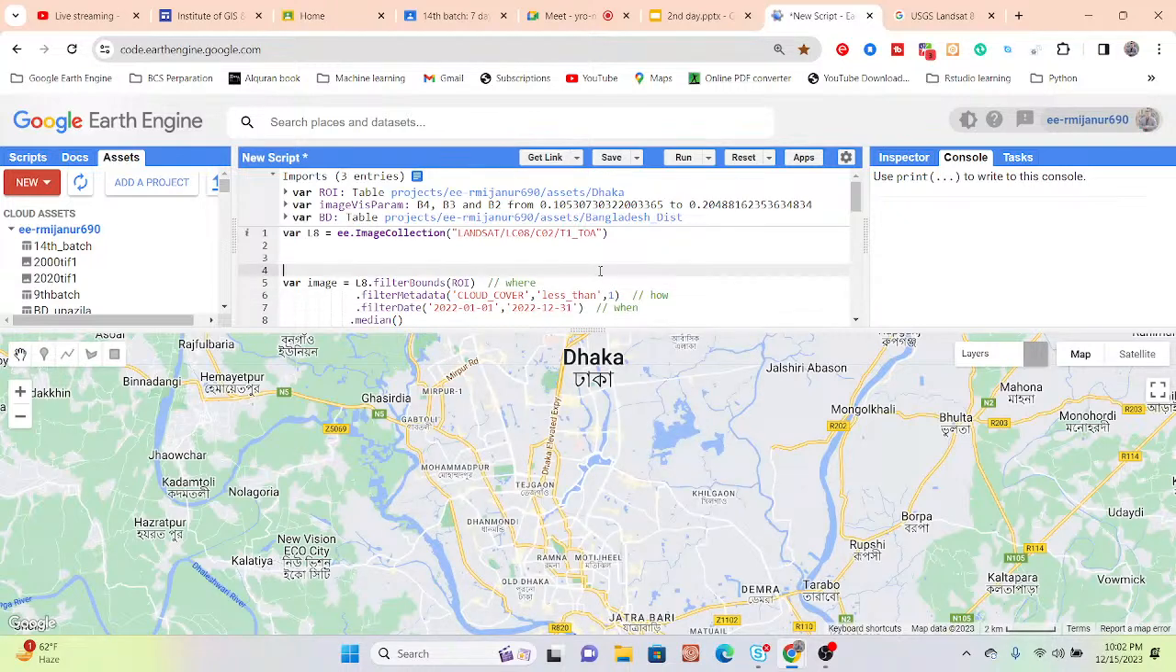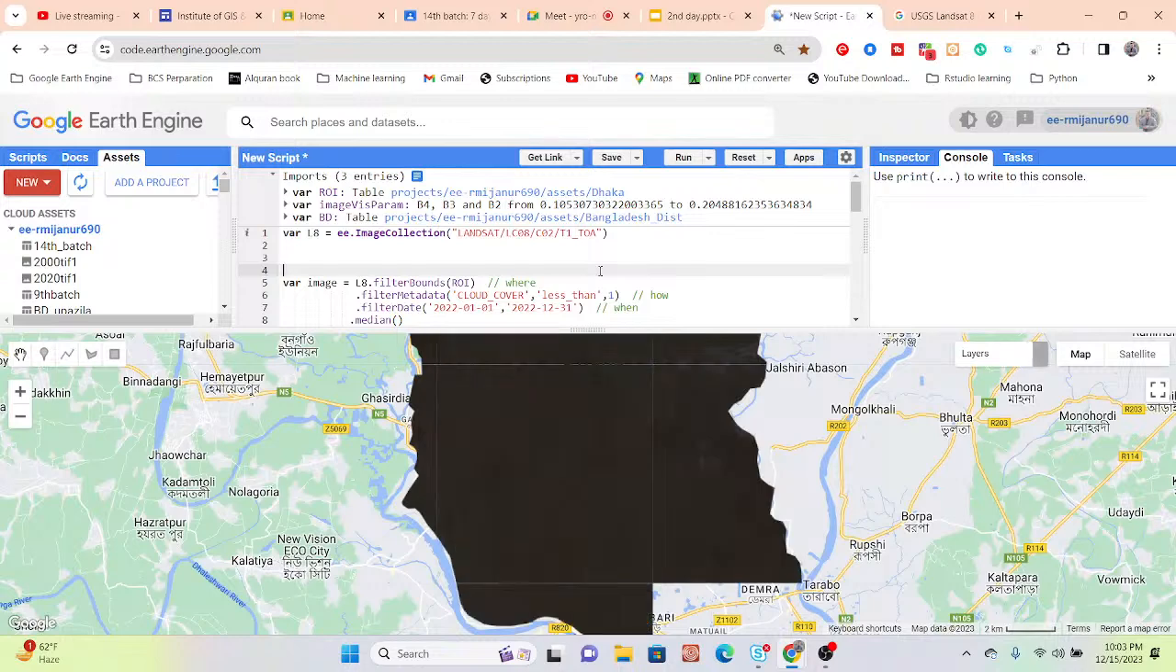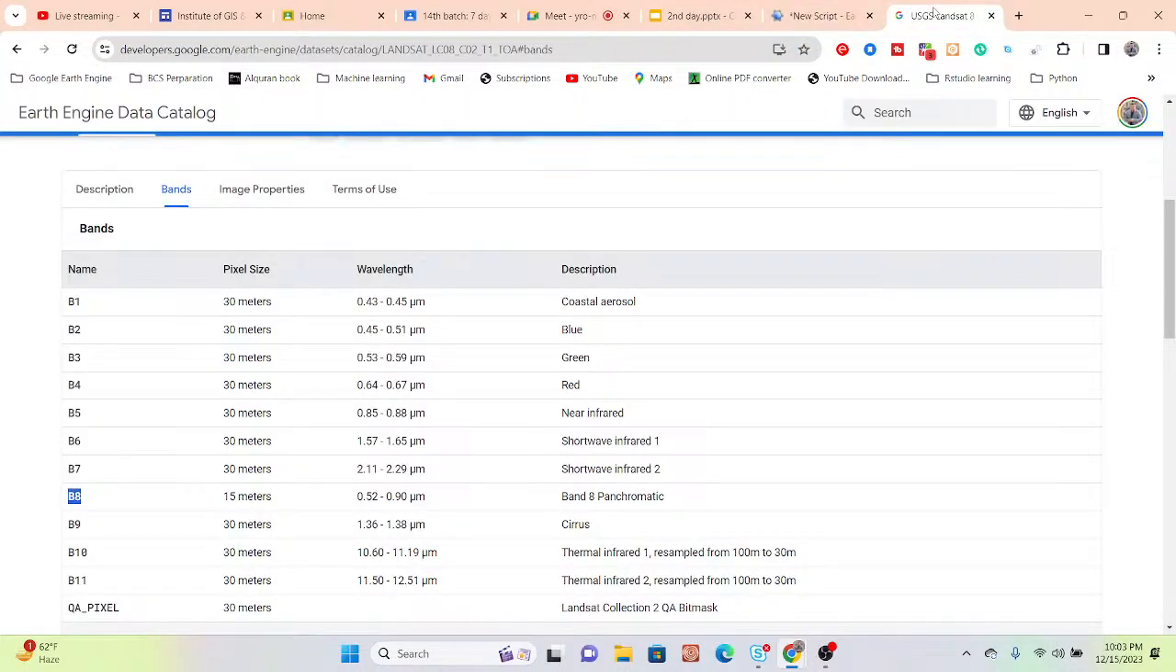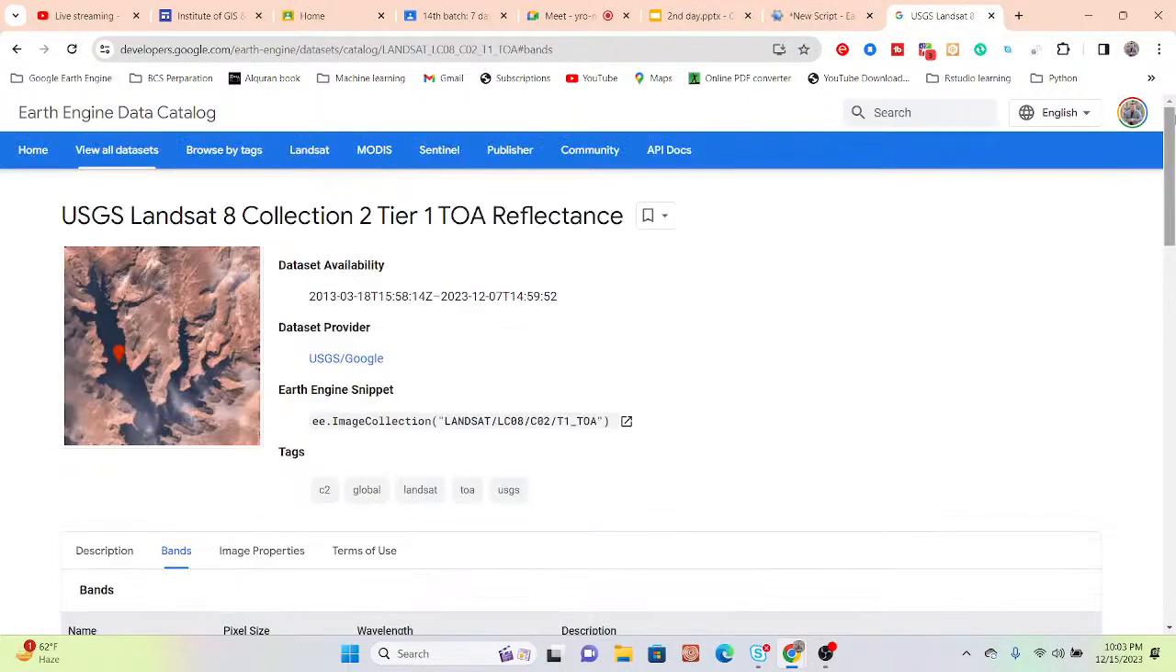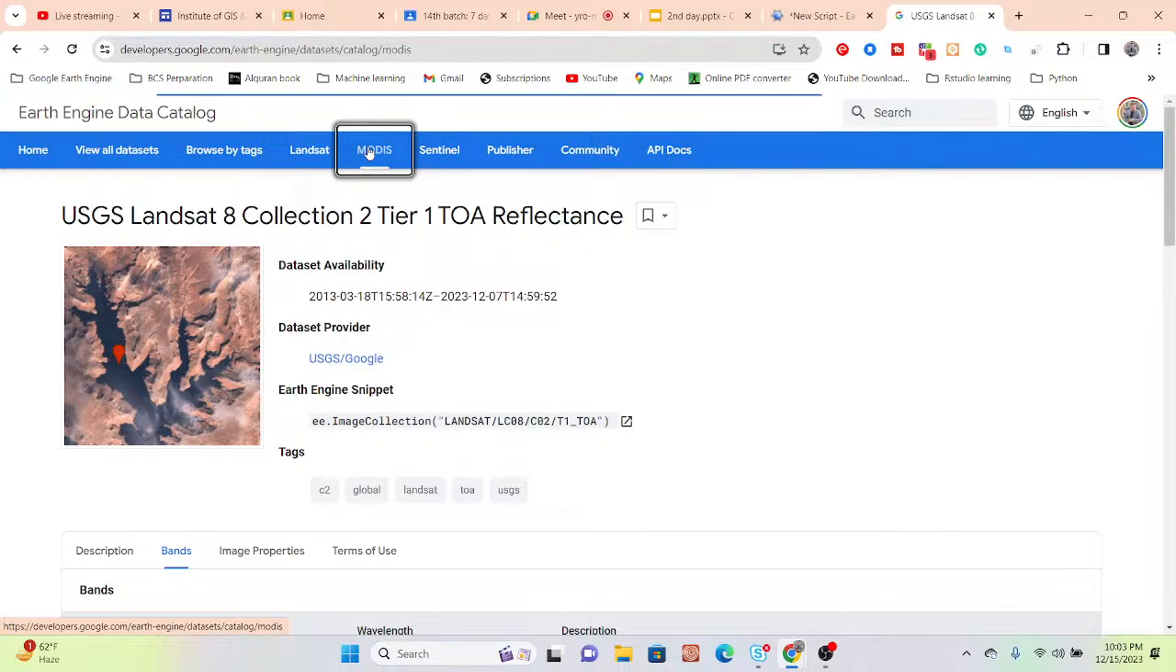Sir, suppose we want to cut down the cloud cover or set the cloud cover value for MODIS data. Can we use the filter metadata function there also? For the MODIS data set, I think the filter metadata function does not work. Basically, there are two types of MODIS data we can get. In Google Earth Engine, you can see the MODIS product. It already gives you some products, such as